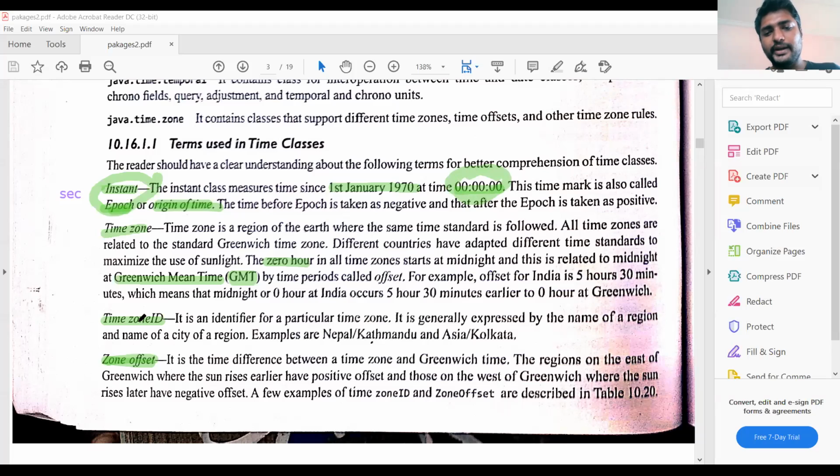Next one, time zone ID. Each zone has some ID. Suppose our time has Asia slash Kolkata. This is our time zone ID. Likewise, we have some other time zones also. Then zone offset.